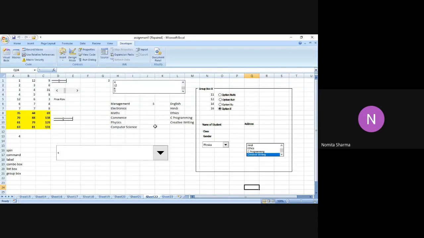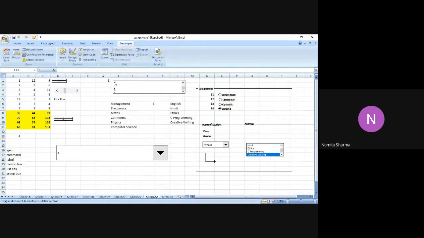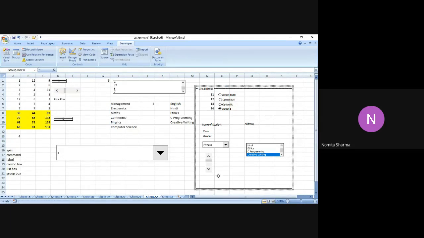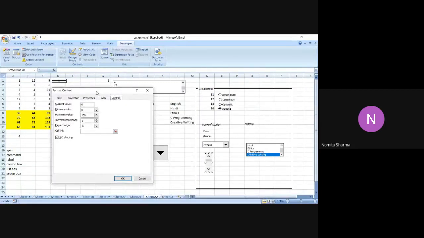So let me now insert something else. I say insert, and let me have this particular box over here. I will have to increase the size of my box. So I right click the mouse, I go to form control, and I go to the control option. So in this case also I can, now what could be the example of a variable that you would want to use in a scroll bar in that manner.